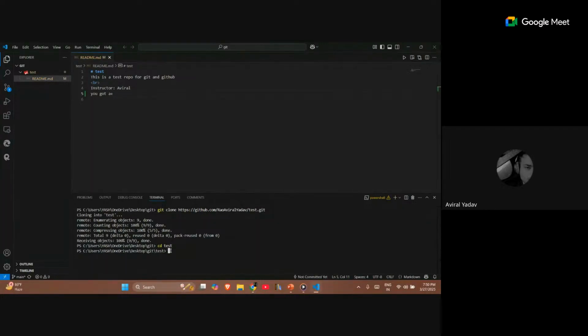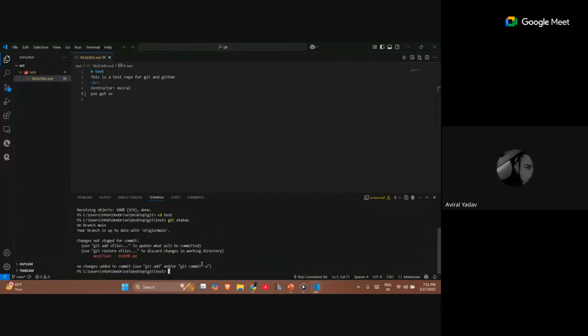Within it will be my readme file and other files available to us, and we can check what is happening. To check the status of my document, that is, if I have made any changes or there are things to add, we use git status. As you can see, when I run git status, it says modified readme. What modified readme stands for is that I have made some changes within my readme file that I have not added yet.